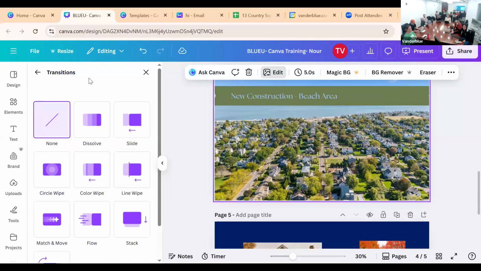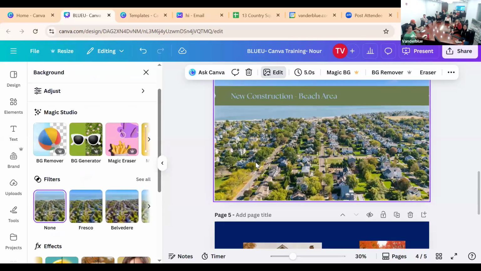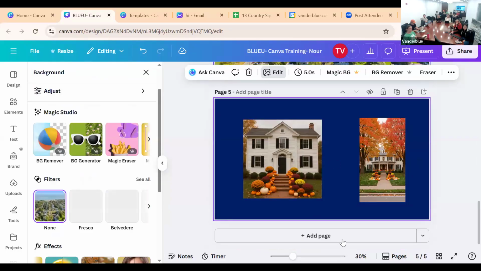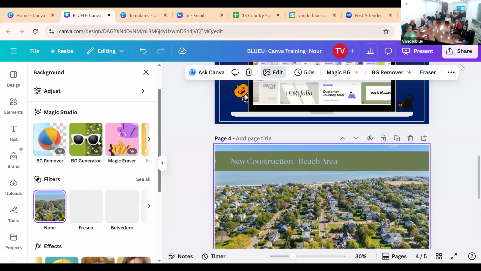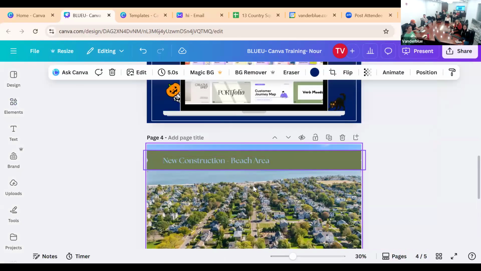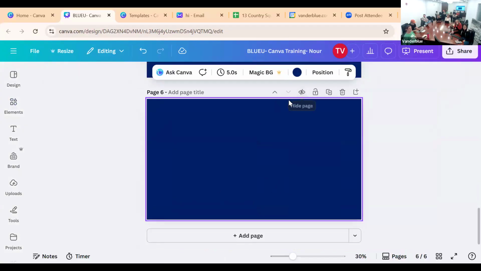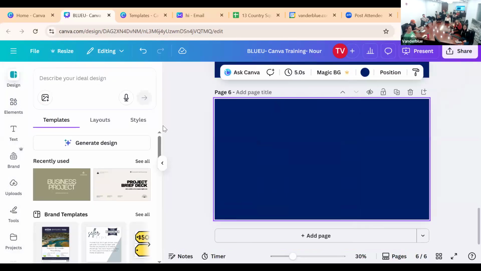And then here, if I was doing a slideshow and I wanted cool effects, like to dissolve into the next one. This would be if you're putting together a PowerPoint type of thing. And then I also wanted to go over transitions. If you just go here and then Animate, or Animate is animating the text. So if you're in Design and you wanted to make a